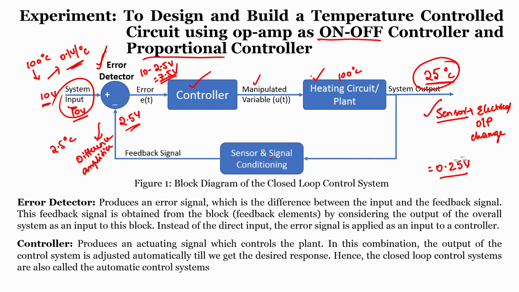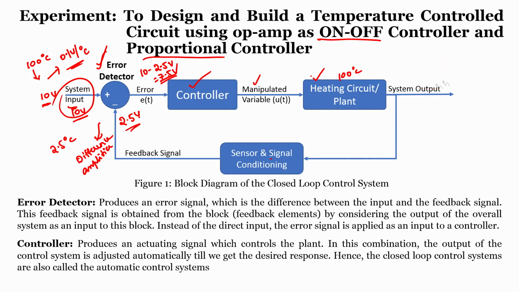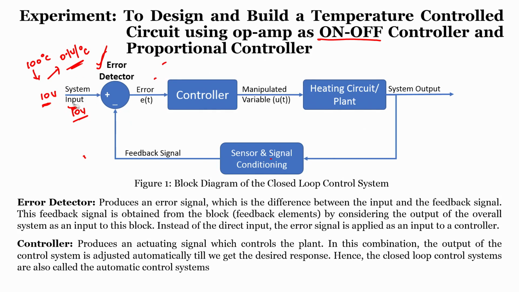One thing we should keep in our mind is the input sensitivity, or input scaling factor, that we are using for the system, which is nothing but 0.1 volt per degree centigrade. We should always keep that in mind, because since it is an electronic system we should always give inputs in terms of voltages only.